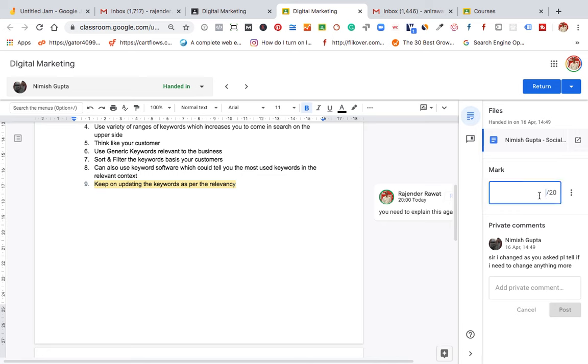Now I want to allocate him some points. Suppose I want to allocate him 15 marks. This was already returned, and he was saying, sir, I changed it as you asked. Please tell me if I need to change anything more. So I'm saying no, the rest of the assignment is good to go.